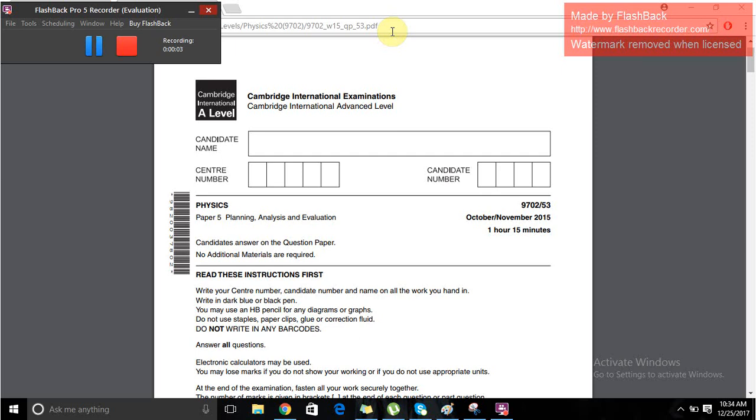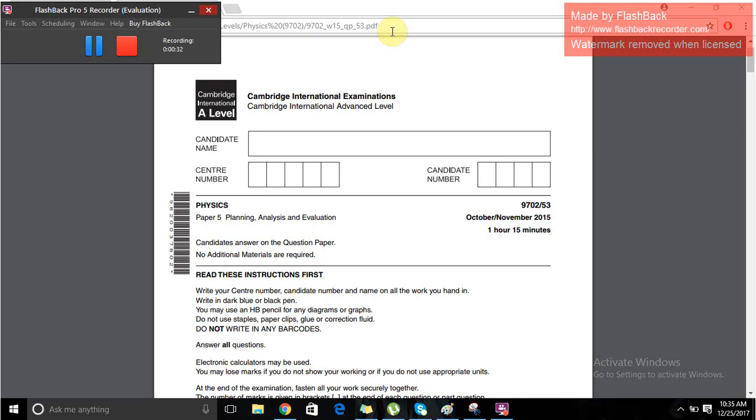Hey guys, today we will be doing a video on A-level physics P5 paper. So basically another past paper walkthrough, and the past paper we will be dealing with is October-November 2015 P53. So I suggest that you get either printouts of this paper or you open this up in another